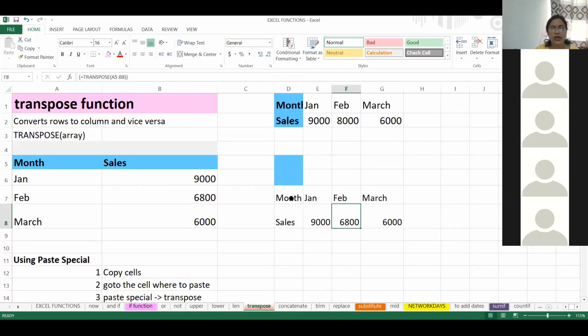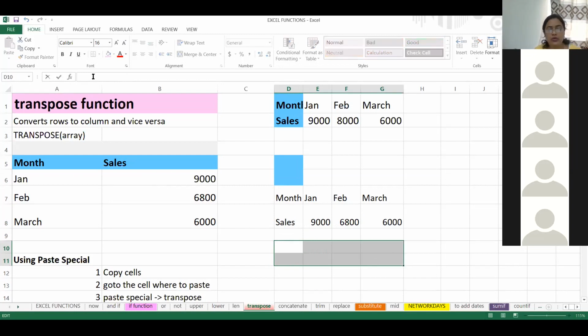So those who are writing it can write it, or you can see this video again. I will tell you once more: select the cells, go to formula bar, type transpose, bracket, select the cells which you want to reverse, close the bracket, press Control Shift Enter.